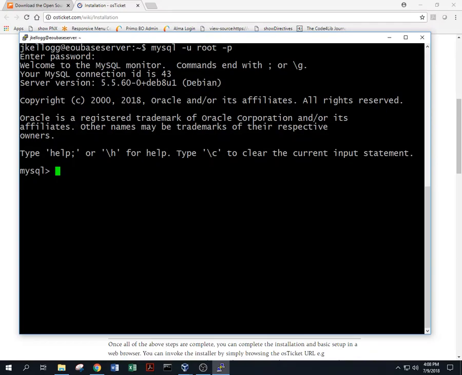And so what we're going to do first is create a user, and we'll do that by running this command, create user, and I'm going to call it osTicket_user, and then at localhost. So this is saying that on this server, this user will live,